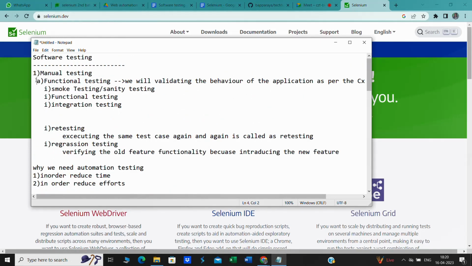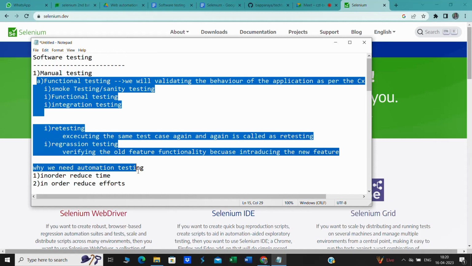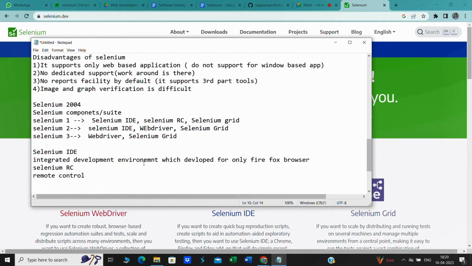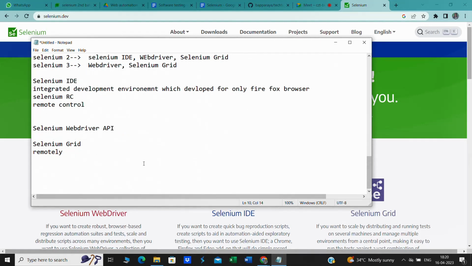We are using an automated tool for functional testing, where manual testing consumes time, retesting and regression testing, in order to avoid the time consumption and effort. We are using one tool, the Selenium and Java combination. In the Selenium components, we are using Selenium WebDriver to automate the browser. First, one more thing we will discuss is